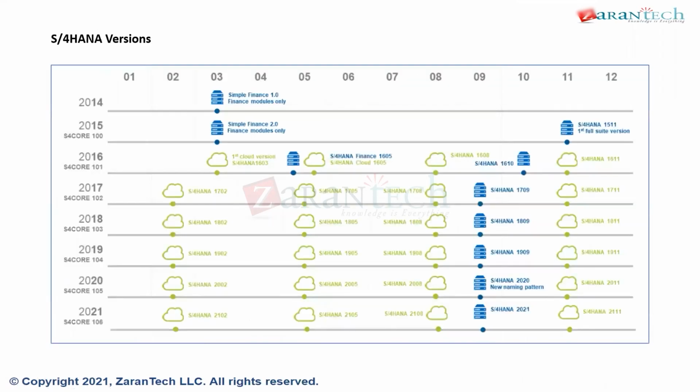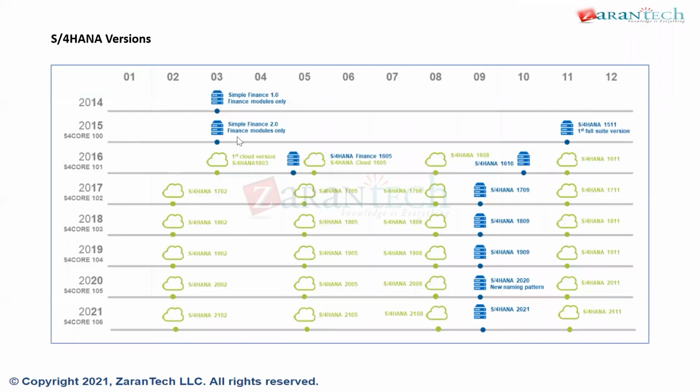So these are the SAP S4 HANA versions. The first version was released in 2014, and it is called Simple Finance 1.0. In this version, the only innovations made were on the finance module. So all the remaining modules, SD, MM, all still use the old data structures only. And then SAP